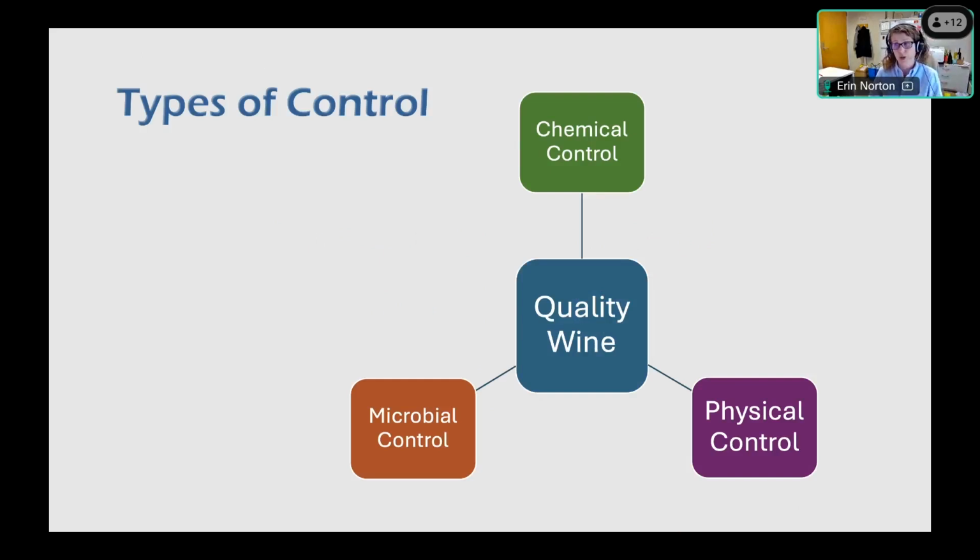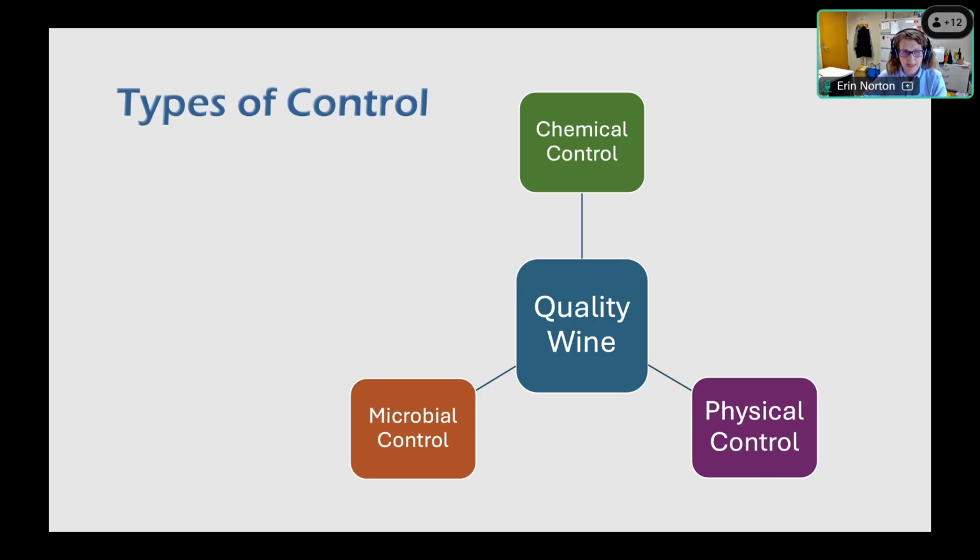You define at your own winery what quality wines are. But usually we have some sort of chemical control that we are performing. There's physical controls that we use, and then this idea of microbial control may be a little bit new. You're definitely doing some of it anyways with your winemaking, but we'll get into what I mean by microbial